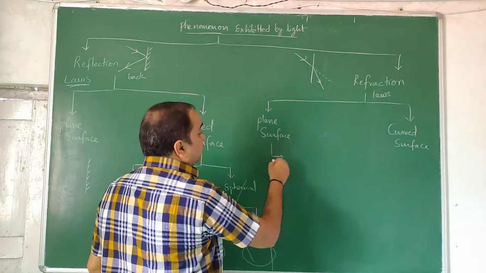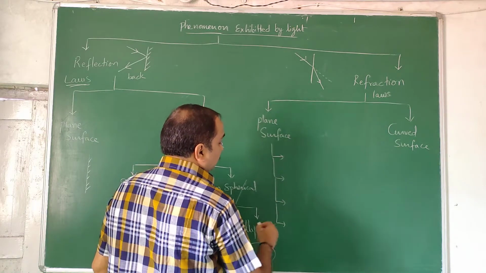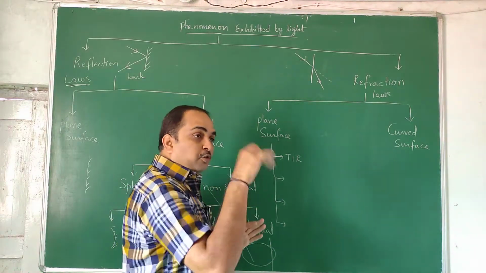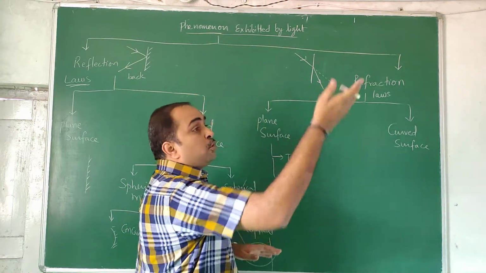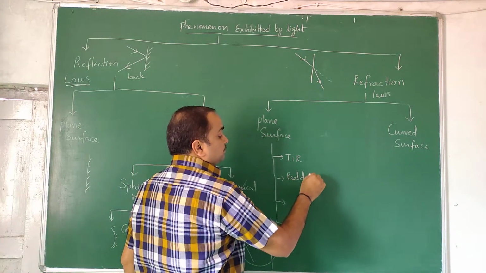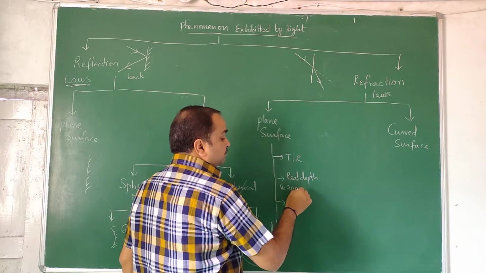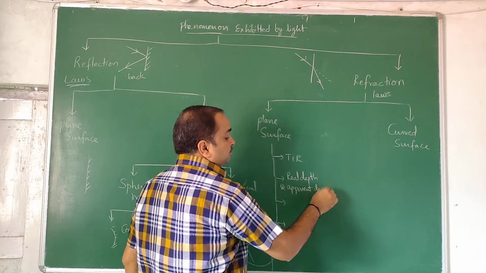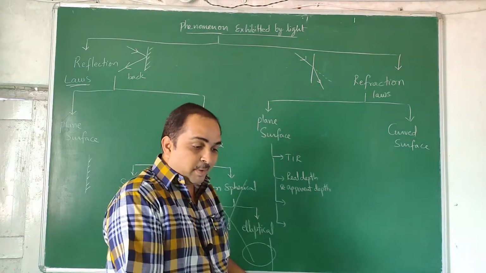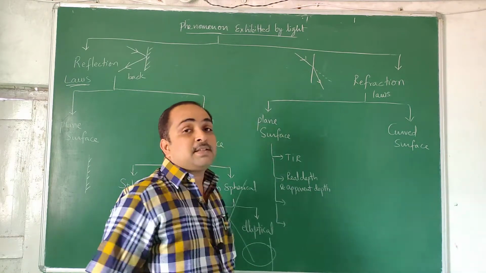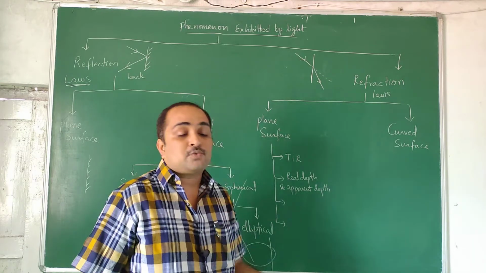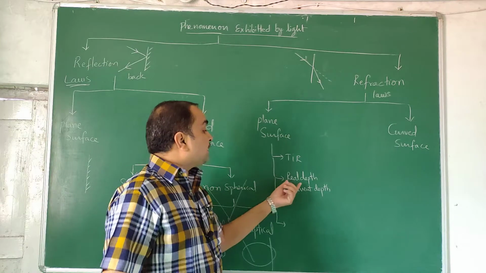Regarding plane surface, we have 3 phenomena here. One is total internal reflection, where light goes from denser medium and comes back to denser medium. It doesn't undergo refraction. Next is real depth, apparent depth. That means if a bird sees a fish, or we see a swimming pool, our eye is in air and object is inside water. That kind of things come under real depth and apparent depth. Actually, the swimming pool will be 8 feet, but it appears for us 6 feet. All that will be dealt here.